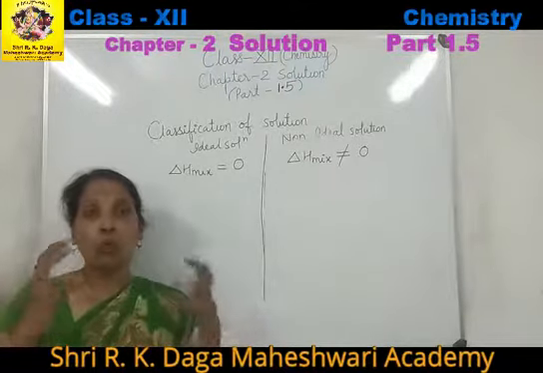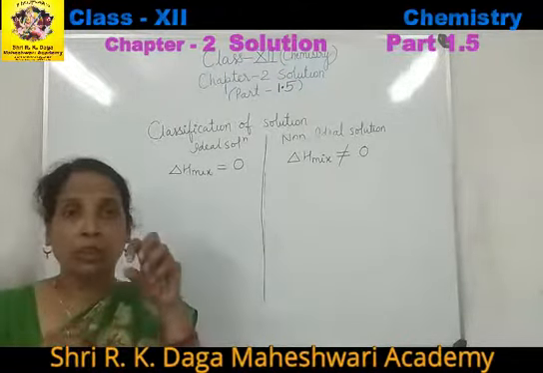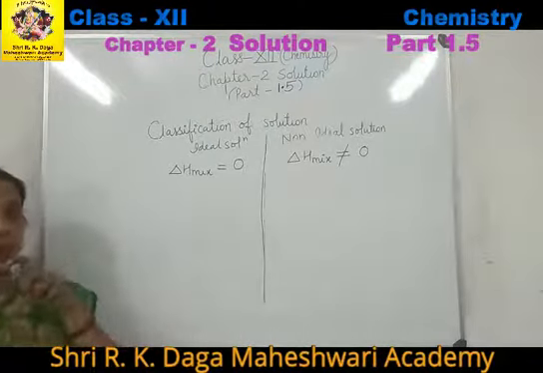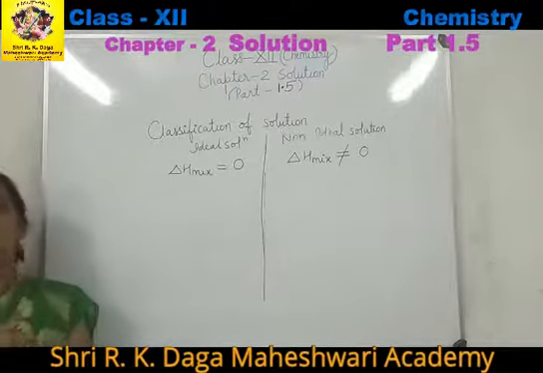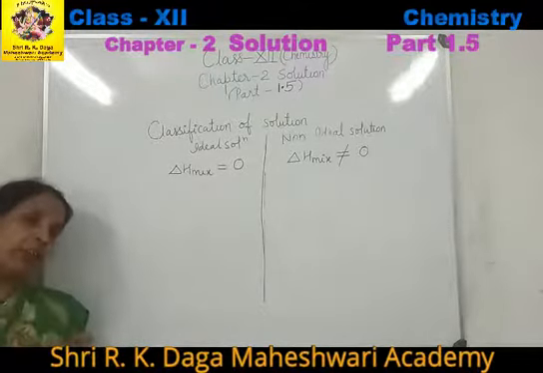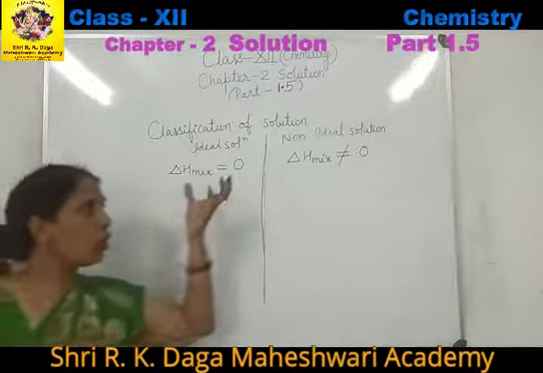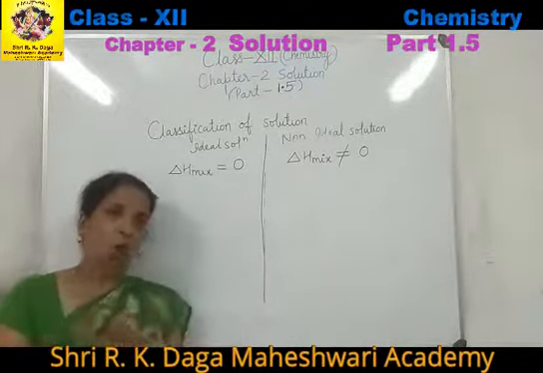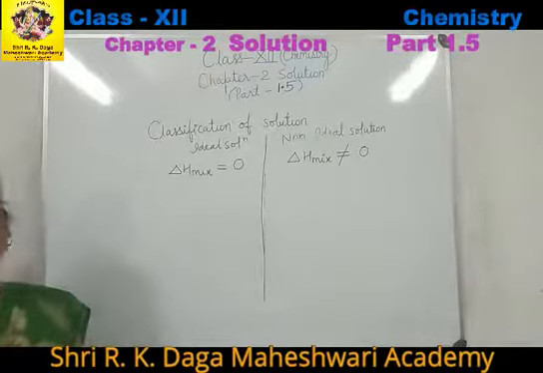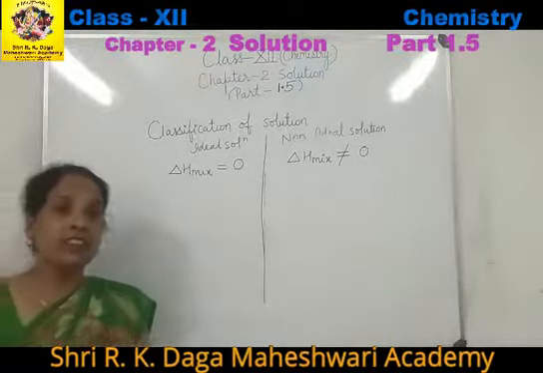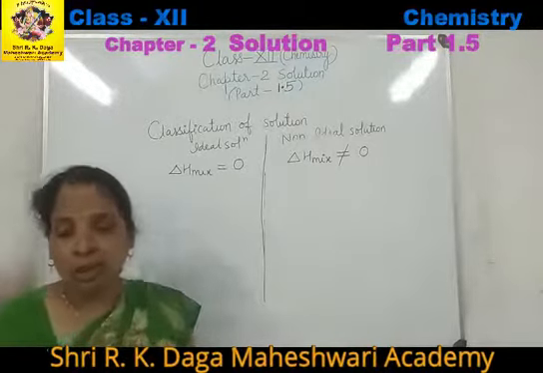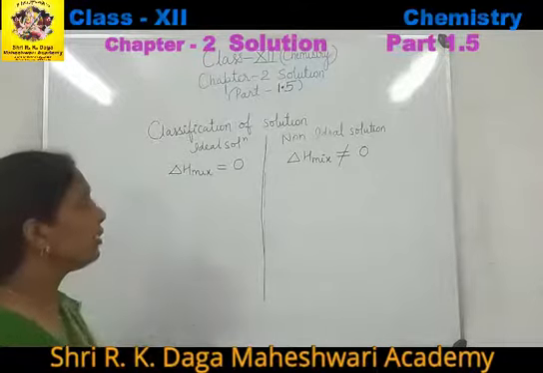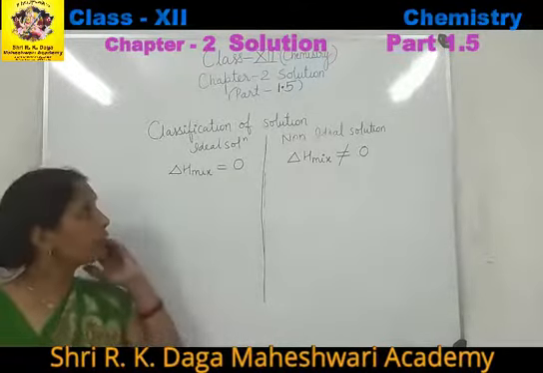Similarly, whenever we mix two components and the solution formed is ideal, the enthalpy of the solution is 0. Heat is neither liberated nor absorbed. But in case of a non-ideal solution, whenever we mix the two components, sometimes heat is evolved or absorbed. Means the change in enthalpy of the solution is not equal to 0. It will be positive or negative. So these are the differences between ideal and non-ideal solution.